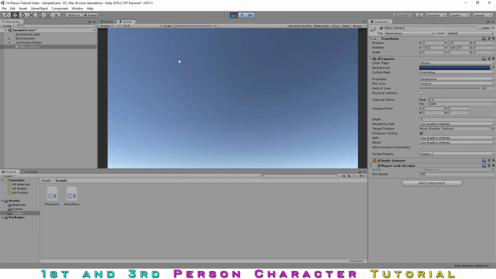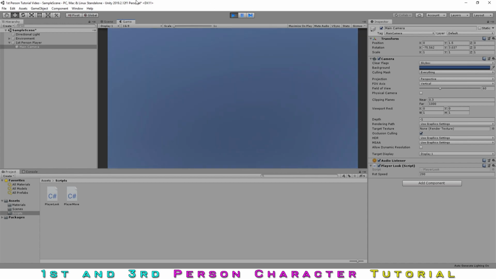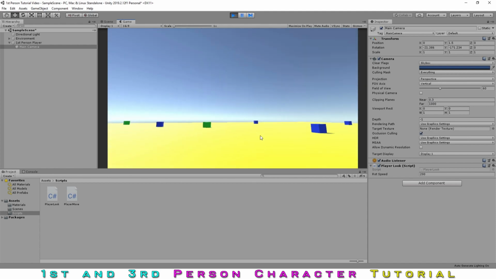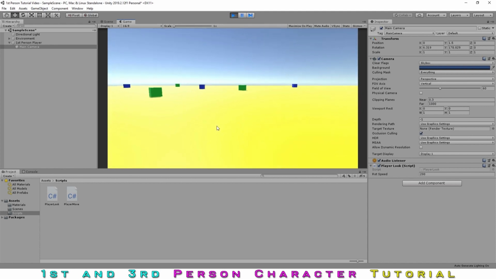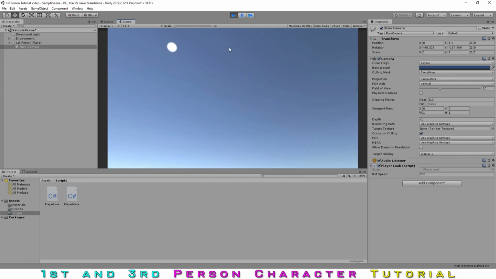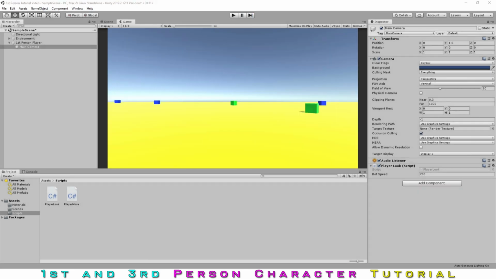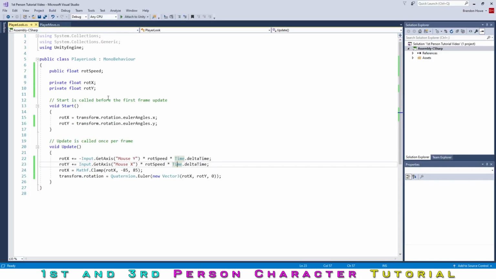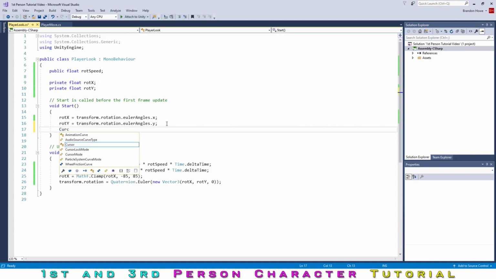Now, one thing you may notice is that the mouse is kind of going around with the screen in a way that we don't really want. Usually in a first-person game like this, the mouse would be hidden, and then you wouldn't really be able to see that. So let's deal with hiding the mouse. That's the last part of this that we'll be covering today, other than quickly moving some things around to create the third-person character. So now, in order to hide the cursor, in the start function, we're going to type cursor,